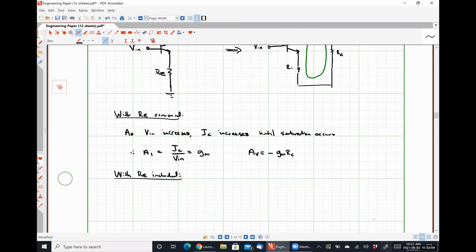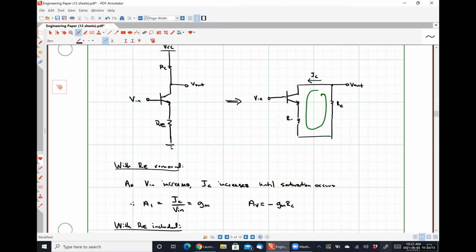With our resistance RE included. Let me just ground this guy right here. All right, so if we have some voltage Vn and we apply an increase, this quantity goes up. The magnitude of this quantity goes up, but the magnitude of this quantity also goes up. So right now, it's not looking like we have a feedback system, or if we have one, it's looking like positive feedback. But what happens